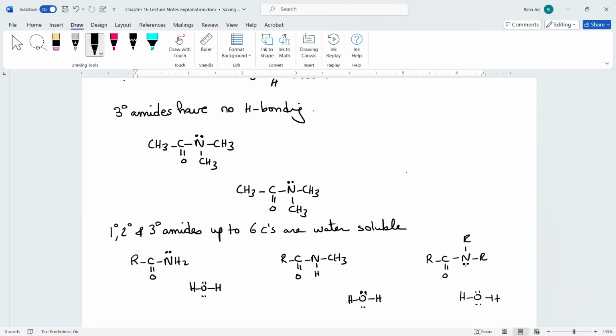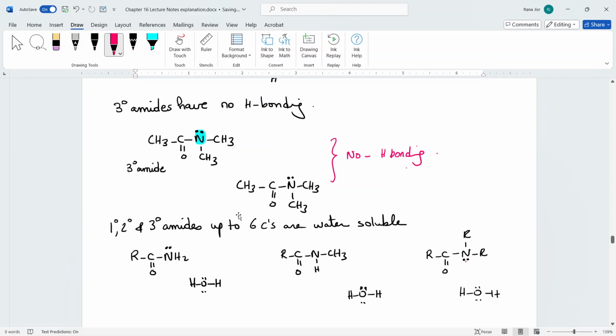Tertiary amides, on the other side, they don't have the condition for hydrogen bonding. And the reason why, because they do not have any hydrogen that is connected to an electronegative element. So here, there is no hydrogen bonding. And because there is no hydrogen bonding, tertiary amides are considered to have a lower boiling point than the primary